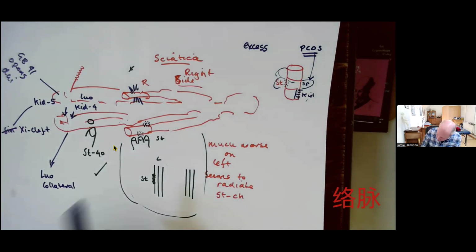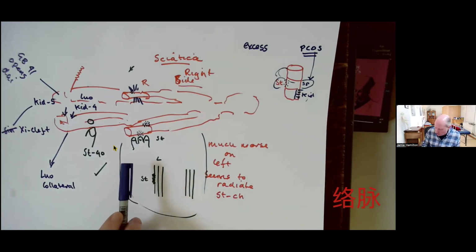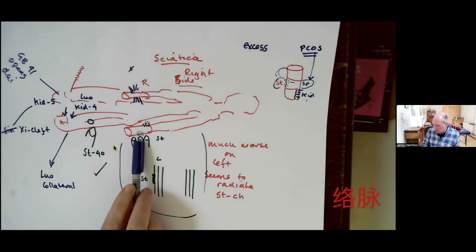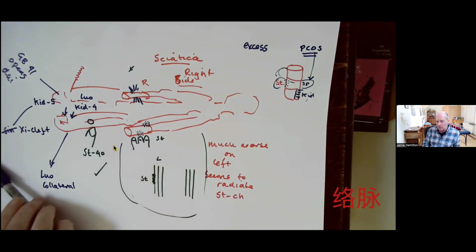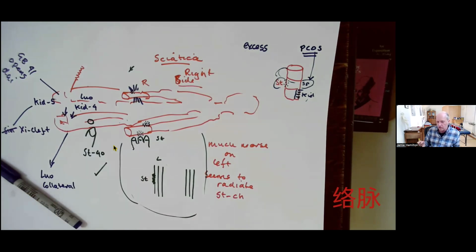So basically, to answer your question, the more excess a pattern, the bigger these pulses are going to feel. But in themselves, these 9 pathway findings are less obvious than the extraordinary vessel findings. And if these extraordinary vessel findings are laid over top of the 9 pathways, they will obliterate the 9 pathways. You won't be able to feel whatever's there underneath very easily. So yeah, that's it basically.